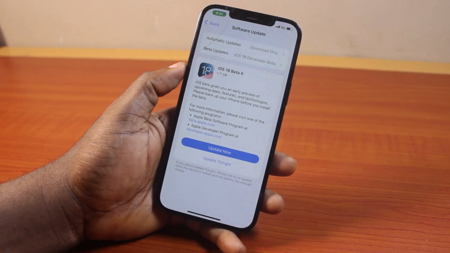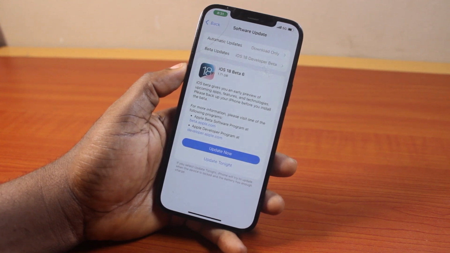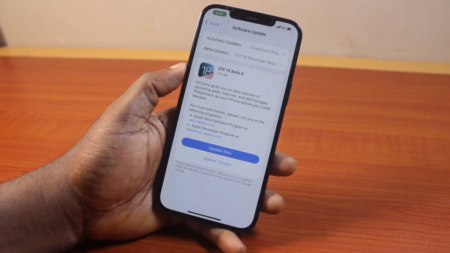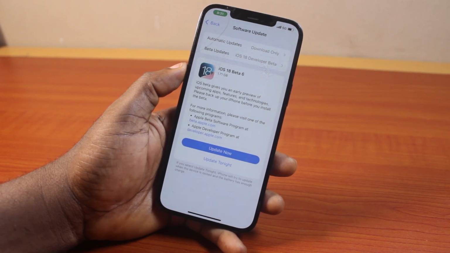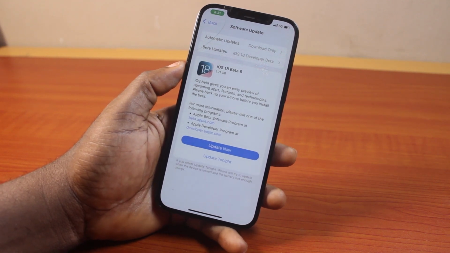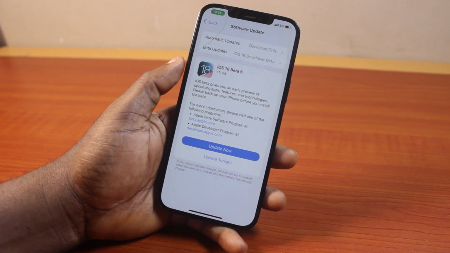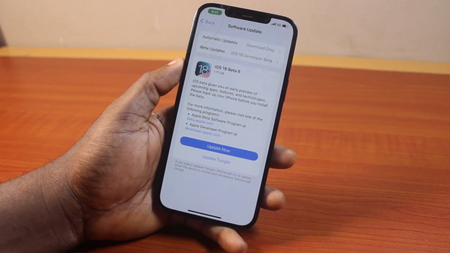So Apple finally released iOS 18 beta 6 and it is global. So here I'm going to review the iOS 18 beta 6 features, what is new, the little changes that Apple made to the new iOS 18 beta 6, and how you can easily get the new iOS 18 beta 6